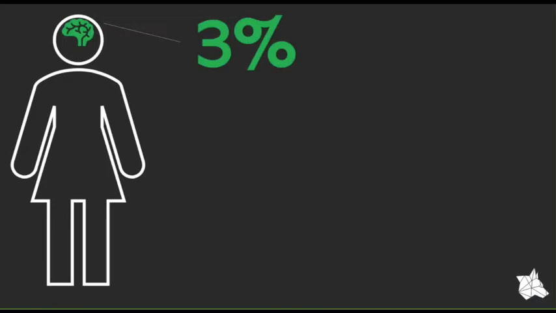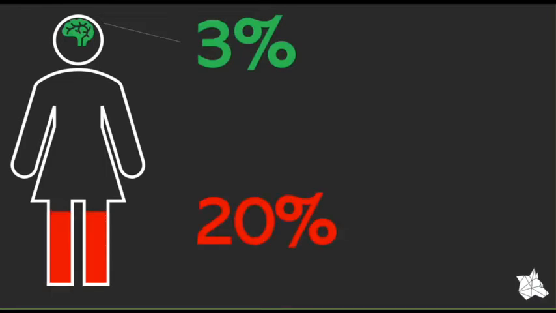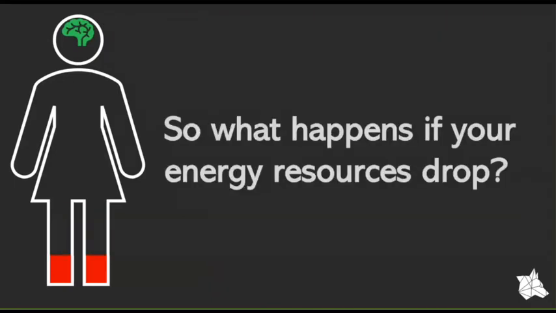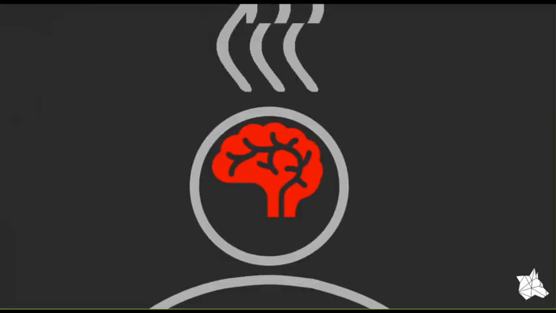So as you can probably tell, this is a representation of the human body, and as the numbers say, the brain occupies around 3% of the mass of that human body. However, the brain is quite a power-intensive beast, and it uses 20% of the resources of that body to keep going. Basically, your brain is a CPU hog. And if those resources drop, either because the body is doing something else as well, so the person is multitasking, or the person is tired, then what happens? Well, the brain gets overloaded and you get a big old headache.